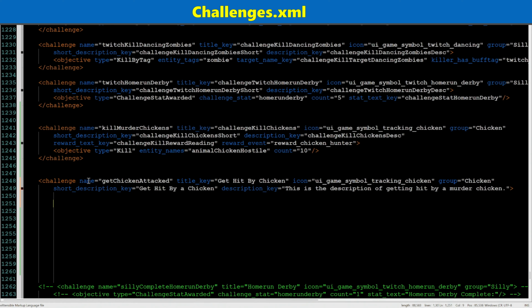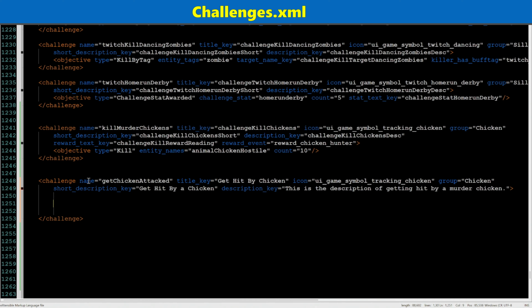I think that's it. I think that's all we need. And then we're going to close it up. So now from here, we need the objective. It's going to be very similar to the objective you see up here, this one, but we're going to type it out. We'll talk about it. So objective type